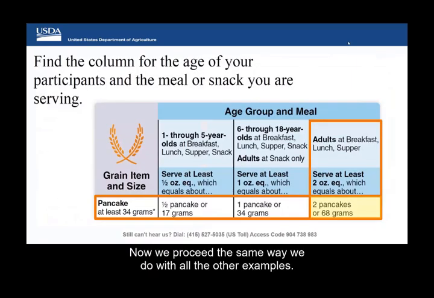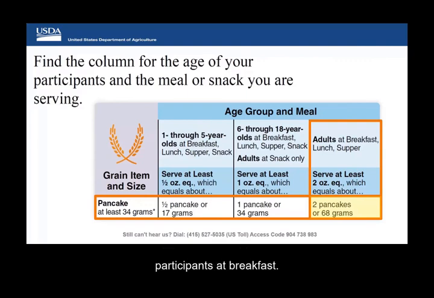So now we proceed the same way we did with all the other examples. Let's say you want to serve gram pea pancakes to adult participants at breakfast. You would find the adults at breakfast column and then follow that column all the way down to the pancake row. Where the adults at breakfast, lunch, and supper column meets the pancake row, it tells us that we need to serve 2 pancakes in order to meet the minimum amount of grains required at breakfast for